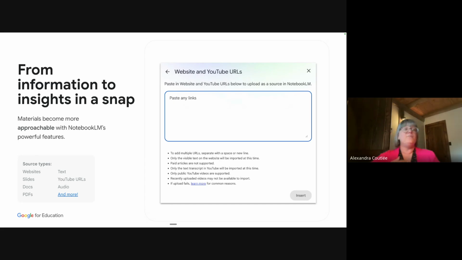I'm subscribed, but NotebookLM did not pay for its subscription. So that means the article cannot be read by NotebookLM. What will happen is once you cut and paste the link here and you actually click insert, you'll see the file as read in your sources. And that means there's a problem with the file, probably an access. It's blocked behind a paywall or you don't have access to the file. So if you see that, that's what's going on with your file.